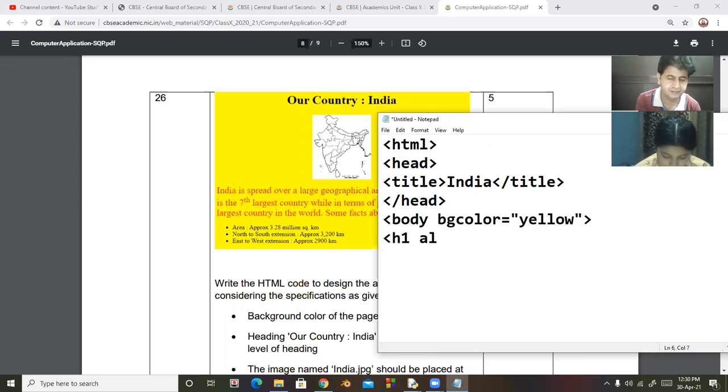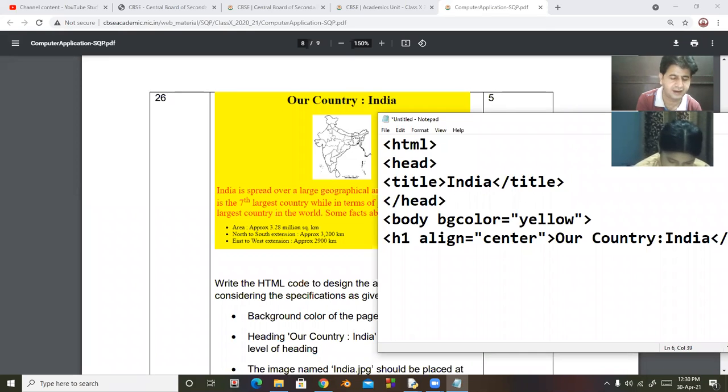Align equal to center. And then the heading is our country India, and then heading tag close.